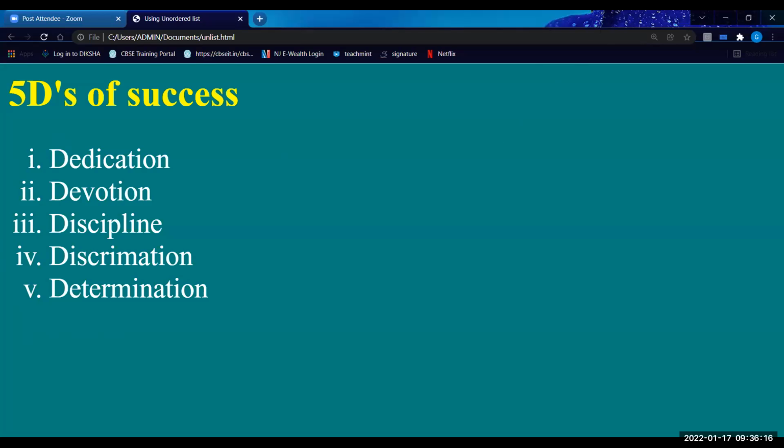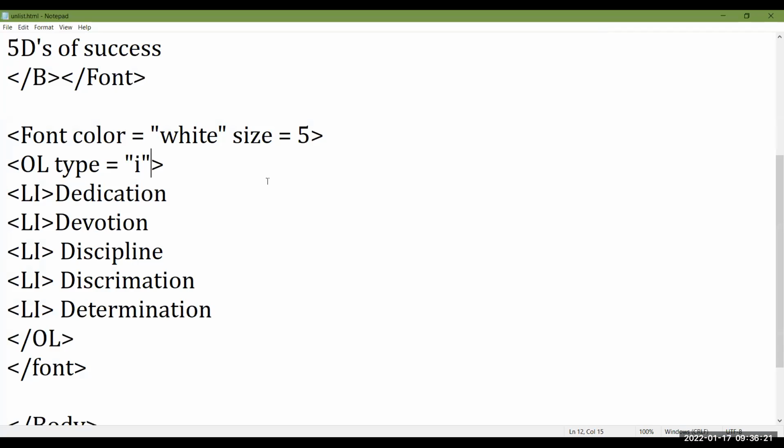हाँ जी, यहाँ तक clear हो गया? Now, if I want the Roman letters should start with, by default 1 से start हो रहे हैं, I'm giving start equals to 4 or start equals to 5. I'm not typing the word five, ये 5 type नहीं कर रही हूँ.